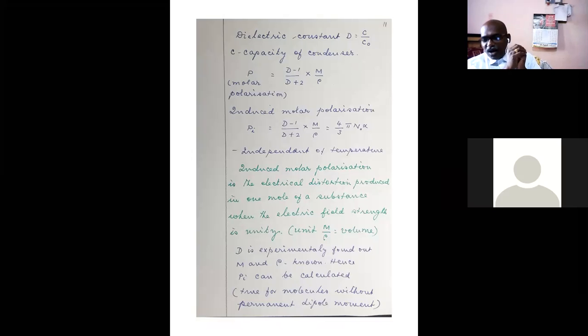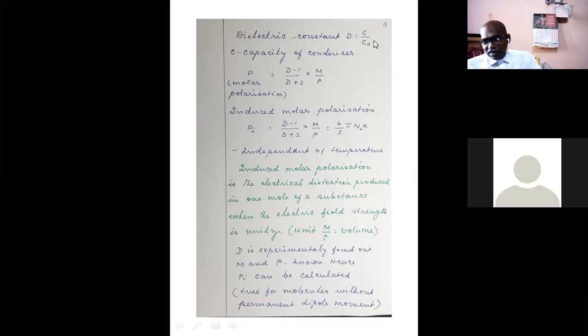And you may ask how this dielectric constant is experimentally found out. You can take a capacitor, fill the dielectric space with the substance whose dielectric constant has to be found out, and measure the capacitance, which is C. Then remove the substance and make the in-between space filled by vacuum. Vacuum itself is a dielectric.